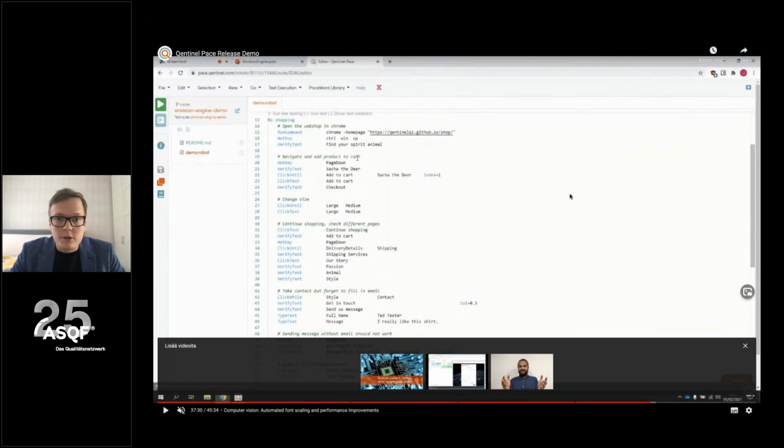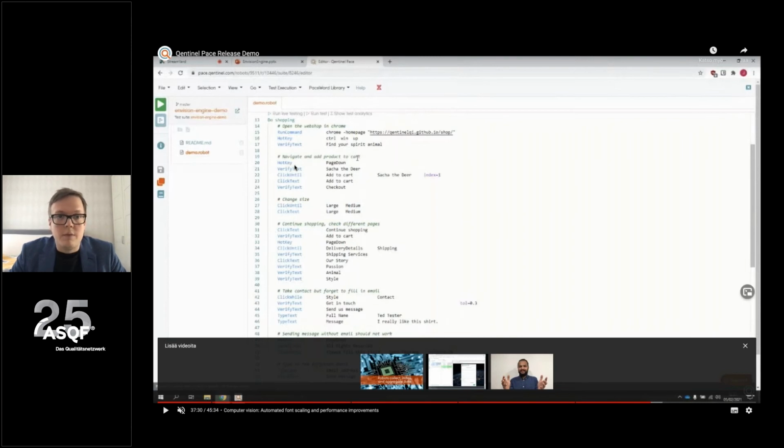He is writing a script to test out our kentley.github.io shop. This is our testing shop. You can go check it out if you want to. It's just a plain web store running on our server, so we can always point our testings to that. So it's easy to check on our internal testings and in demos what we're doing. And if you start looking into this script, this is all based on OCR, all based on image recognition. Again, it doesn't scream AI. All the keywords are quite easy.